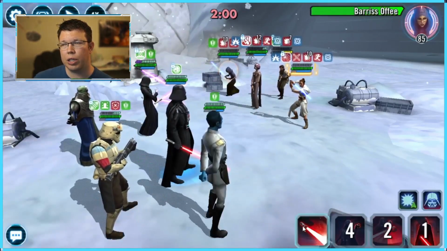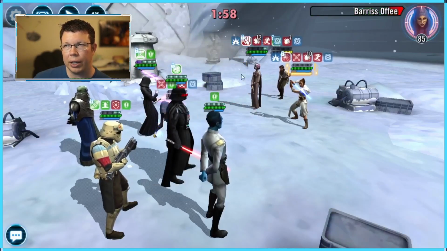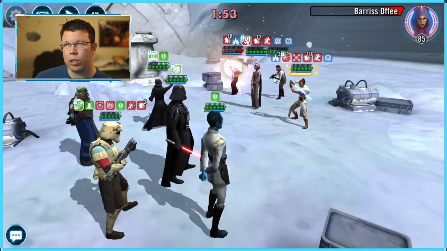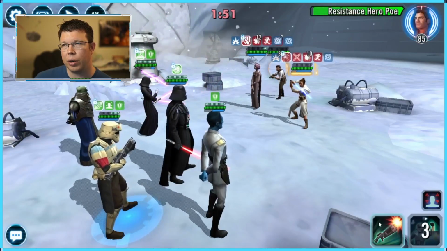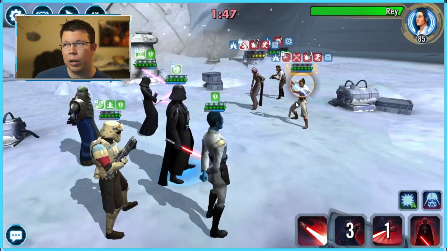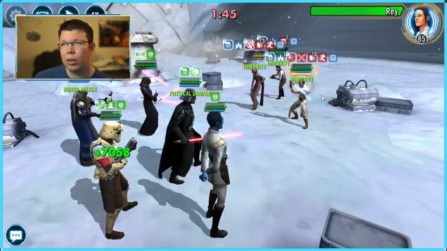Barriss is trying to cleanse people, at least with Vader lead. Barriss is not that effective, so it's pretty close to just taking Barriss out. We did, in fact, do it, and now things are looking better. We can survive an ult if we have to, and...